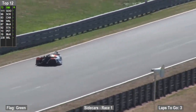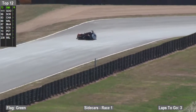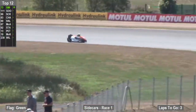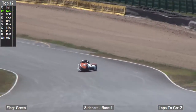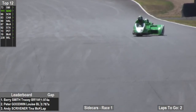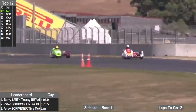So it should still be Barry Smith and Tracy Bryan. Done a fair bit of racing overseas in the last couple of seasons here on the Carl Cox Motorsport 600. There they are, the 73. Pete Goodwin, Louise Blythe through in 2nd place. Police, should I say, Pete from the Windless North. He's a prison officer. Definitely keen to look at the drive he gets out from under the laser overbridge, and to see if he can get that big 1000cc machine